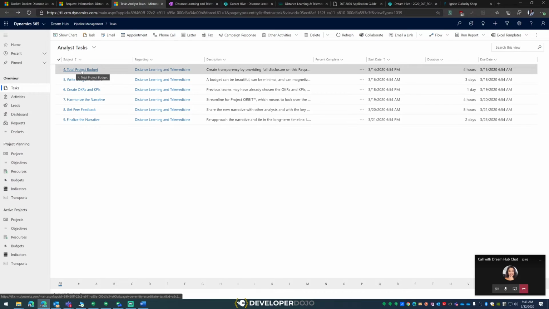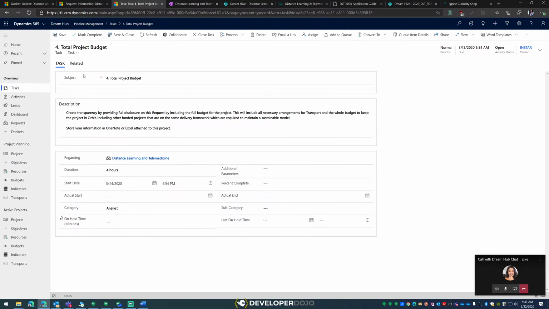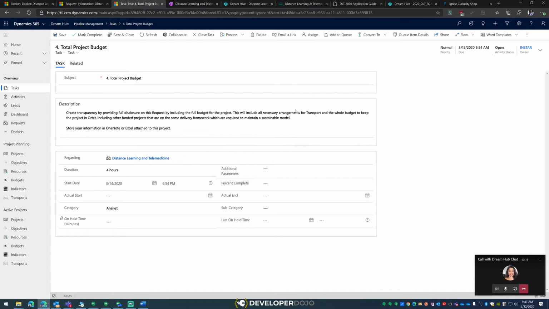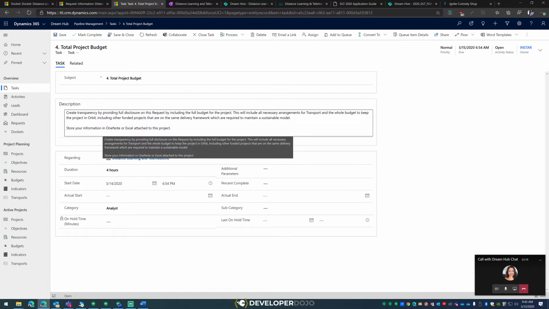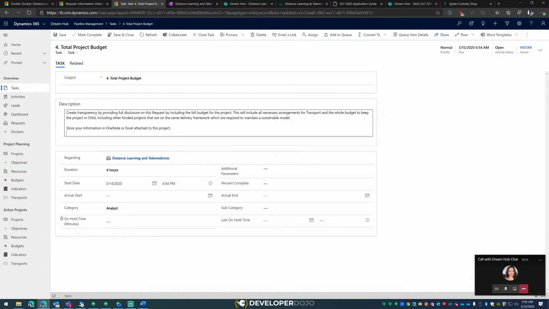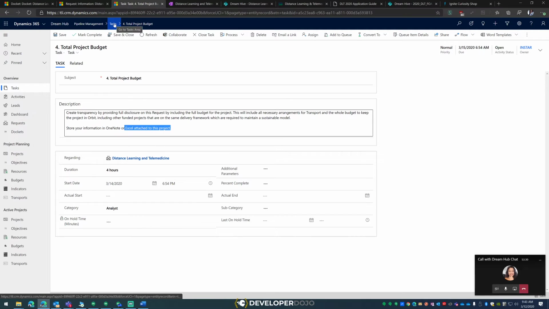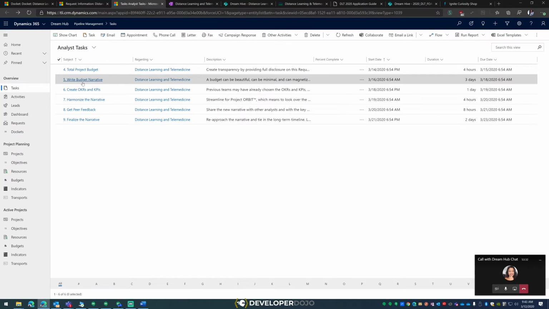Okay, total project budget. What does this guy say? Create transparency by providing full disclosure on this request by including the full budget for the project. This will include all necessary arrangements for transport, the whole budget to keep the project in orbit. Store your information in OneNote or Excel attached to this project. Okay, so they actually gave us an Excel sheet that goes over this, but I want to go back to my tasks and I want to see my right